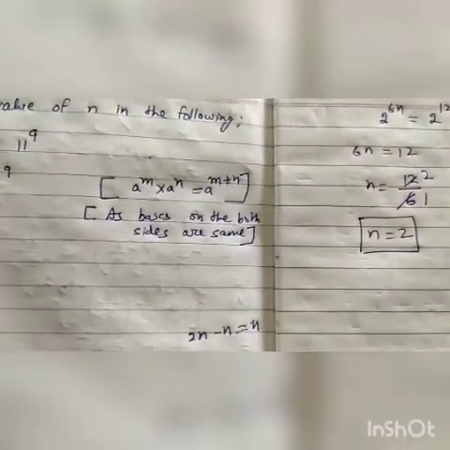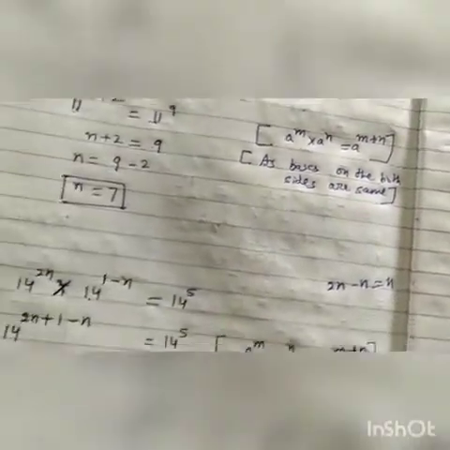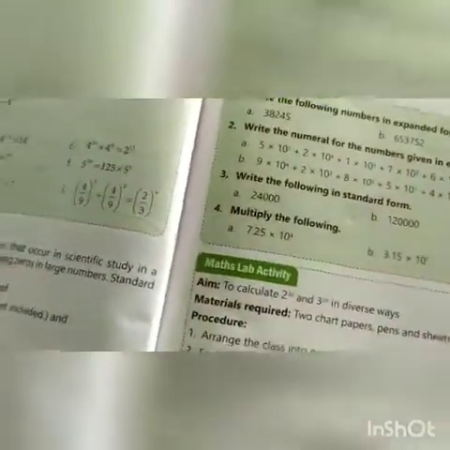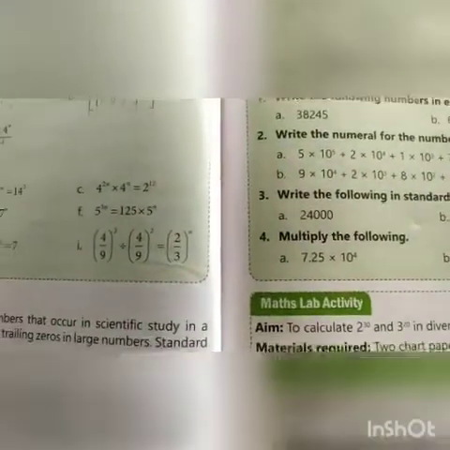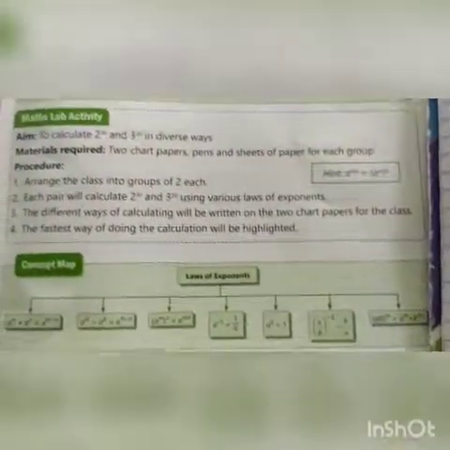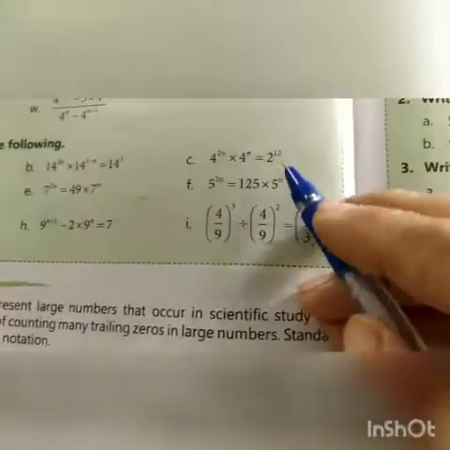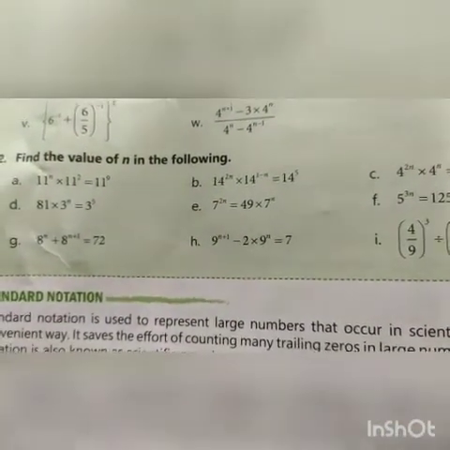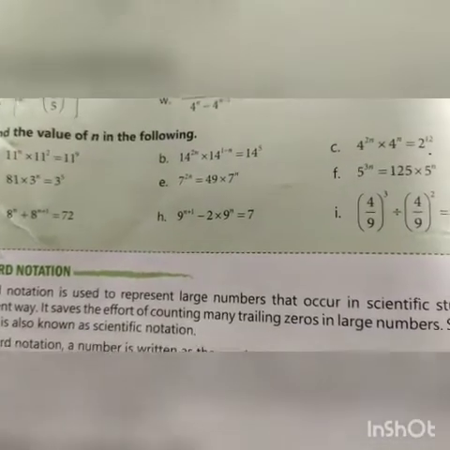I think, students, there should be no difficulty in these questions. Only one question was a little bit difficult. That was the last part of the first question. Otherwise, all the sums are very easy. So, students, today we will do up to here, C part of question number 2. Remaining parts we will do in the next class.